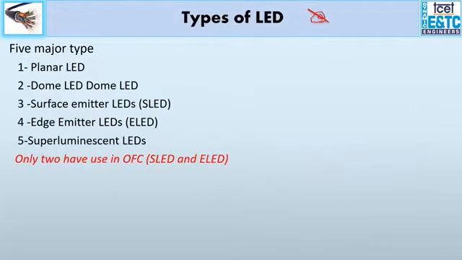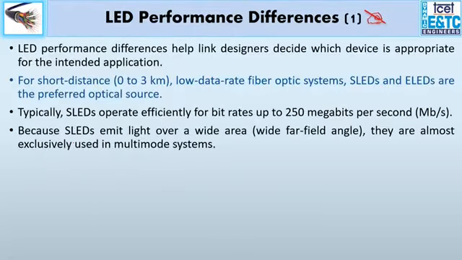So this simple planar is your simple structure. This is your planar PN junction from where your light output is coming. Dome I have already shown you. Surface is also this configuration where the output is coming out from the surface using a double heterojunction configuration. Then edge LED, from the corners from the confinement layer, and this is what you have in your syllabus, for which we have already seen the structures. Now definitely your edge LED has more confinement as compared to the surface LEDs.